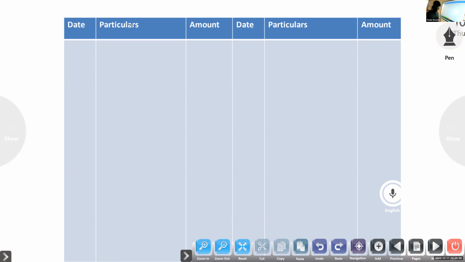On 1st July 2012, the plant purchased on 1st January, the first one, we sold for rupees 27,000. Then on 1st October 2013, the next year, a fresh plant was purchased, 64,000, no problem. And on the same date, the plant purchased on 1st July 2010 was sold for rupees 10,000. Okay, our second plant also we sold. Prepare plant account for 3 years.